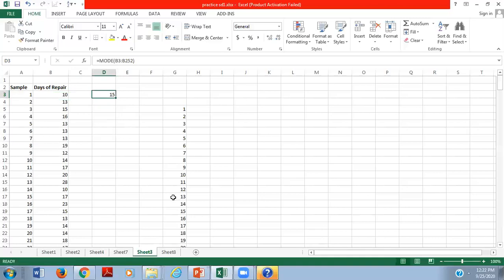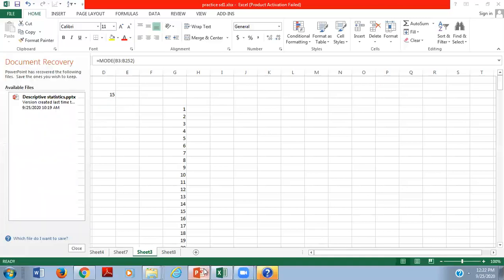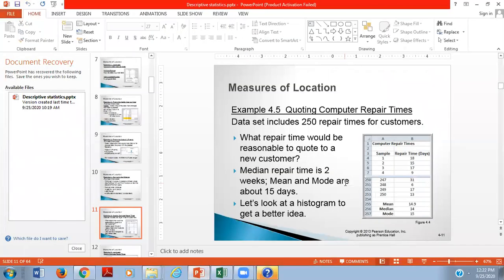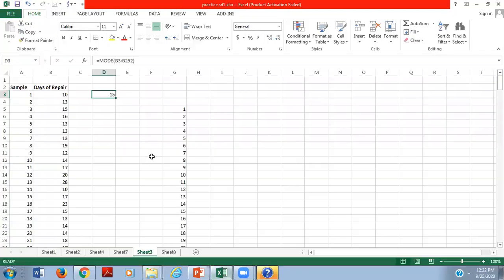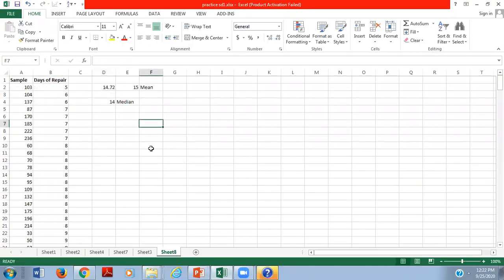So what does it mean? It means that approx 15 days it is to be taken by the repair people to repair our computer. So if a new customer comes to you, you have to at least tell them that it will take around 2 weeks to repair a computer, because your median value is 2 weeks, 14 days.